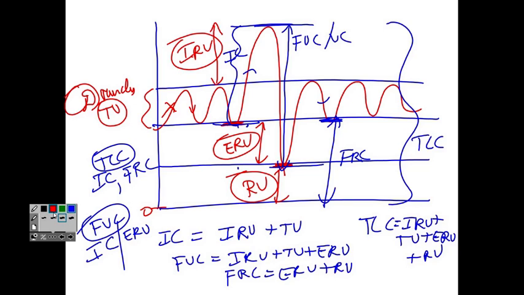Next, what is the equilibrium point? FRC. What's the equilibrium point? After a normal expiration, from where you start the next cycle, that would be a point of equilibrium. What cannot be directly measured? That air which never leaves: residual volume, FRC and TLC. How do you measure? Helium dilution. Why helium?